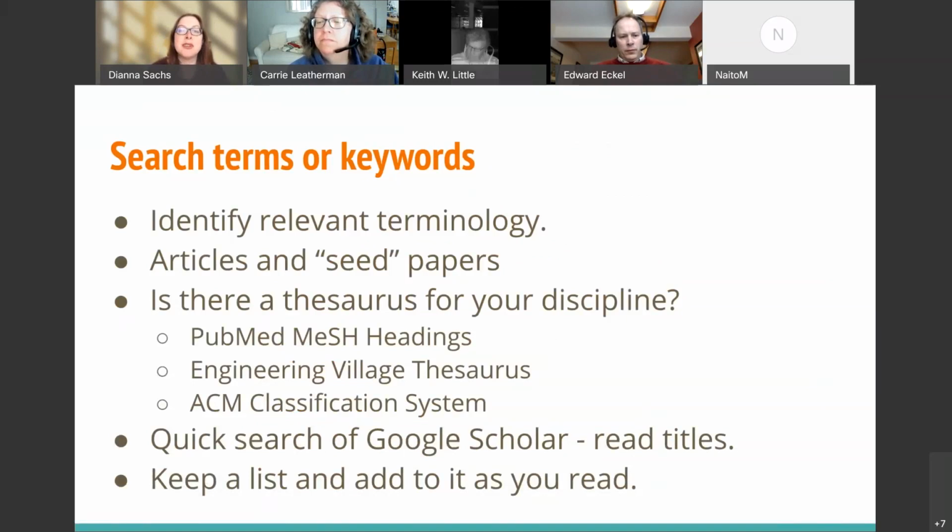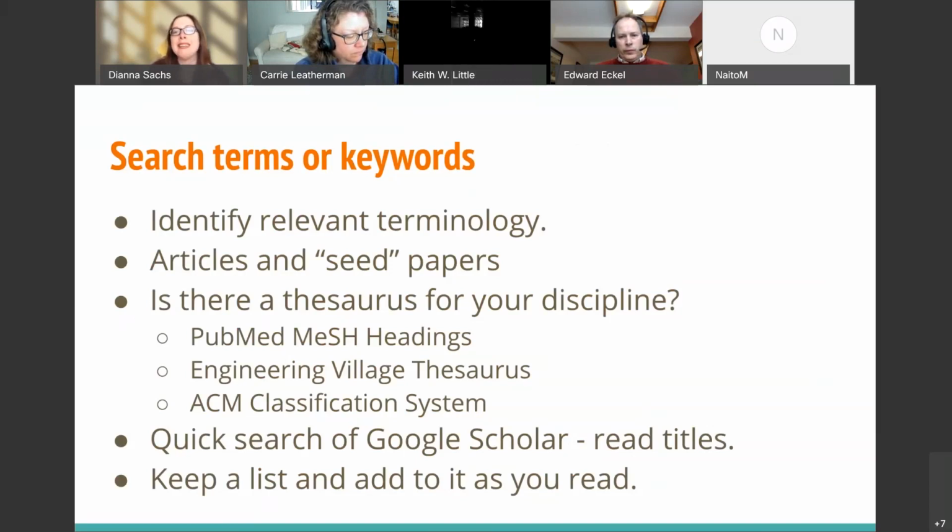The purpose of a literature review is to be comprehensive, not just to find one answer to a question, but to make sure that you have a solid understanding of the entire scope of information that is available on the topic. And that means that you often have to think creatively about what terms you're going to search for in order to be certain that you aren't missing some important and relevant information.